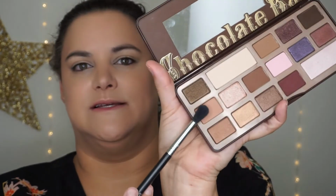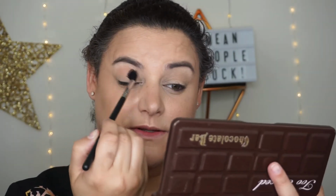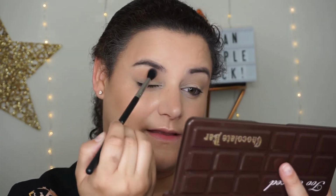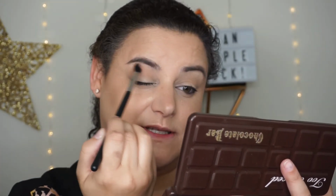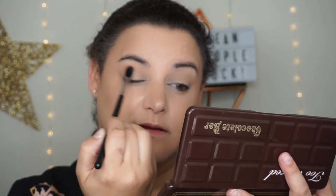So then I'm going to go in with a blending brush. This is the E40 from Sigma, and I just pick up this really light brown shade here. And again, this works with all different colors, so I pick up like a light blue if I was going to do blue eyes or whatever the case may be. And then I just shove that into the transition area, so into the crease and then blending it up. And I usually use like circular motions just to blend all the edges and then go back and forth in sort of those windshield